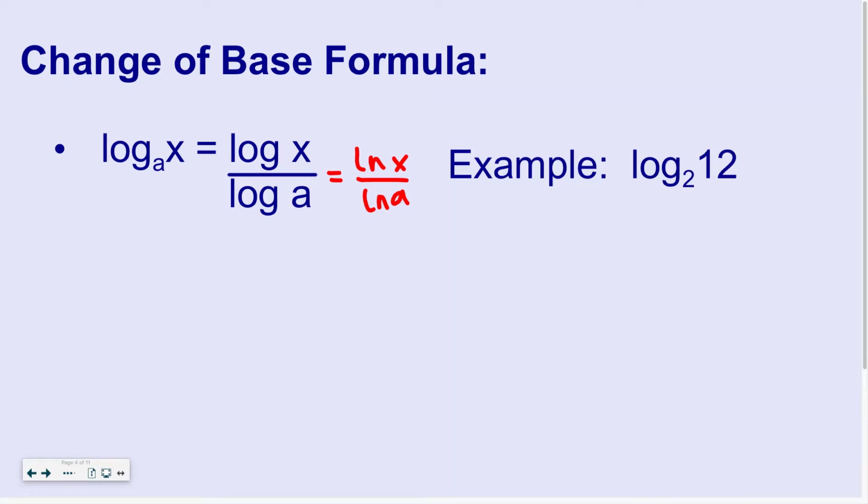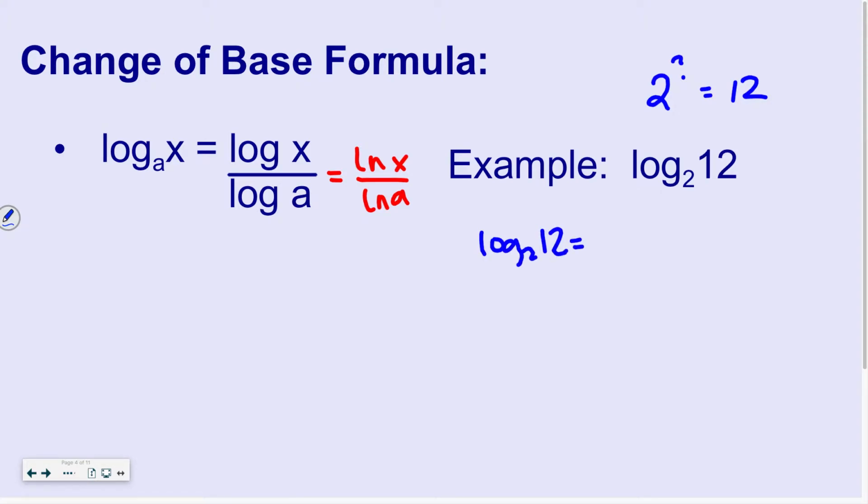So let's look at this example. Log base 2 of 12. If I'm doing that one without a calculator and I'm thinking about it in my head, I'm thinking, okay, 2 to what exponent will give me 12? Well, 2 to the third is 8, 2 to the fourth is 16, and I've completely skipped over 12, so I know it's somewhere in between 3 and 4. I could estimate it for the purposes of graphing, but if I want the exact value, I could use my change of base formula. So the log base 2 of 12